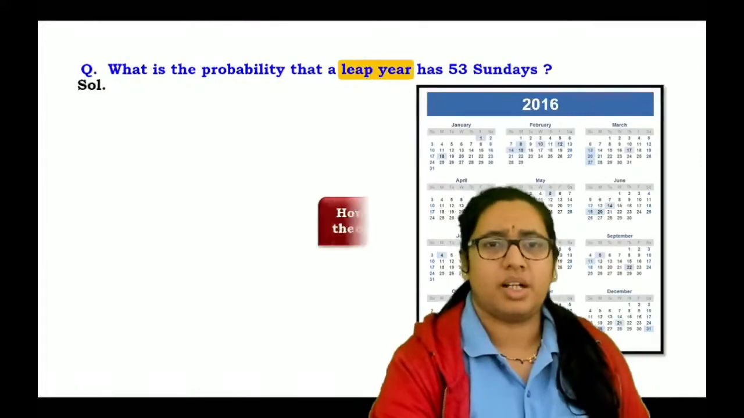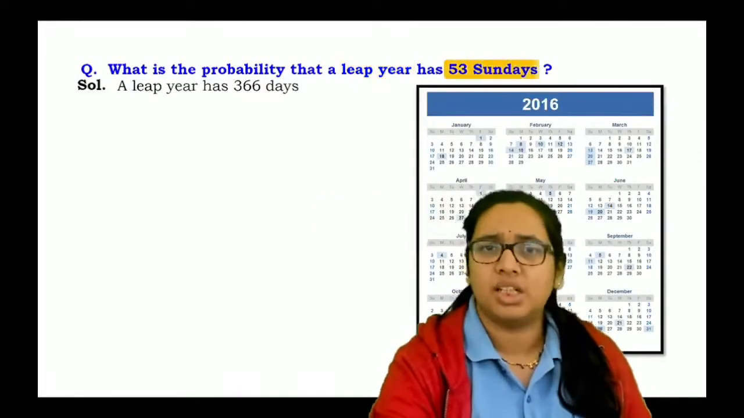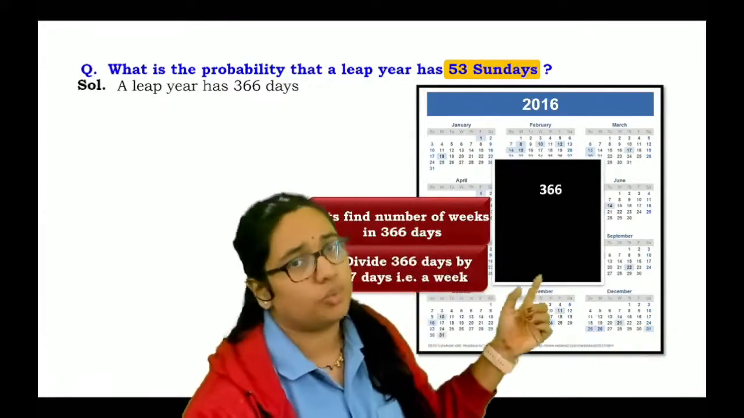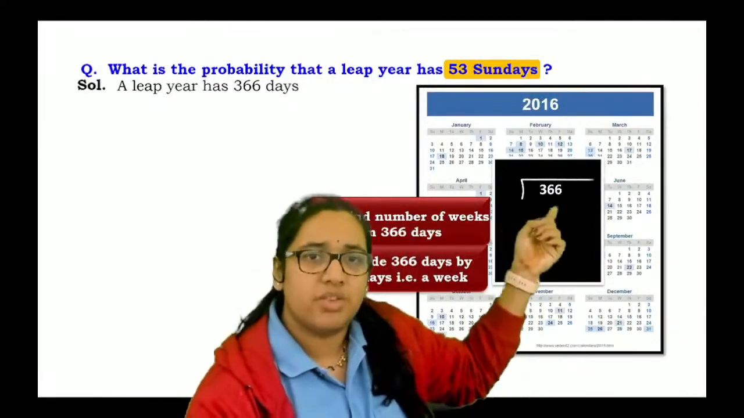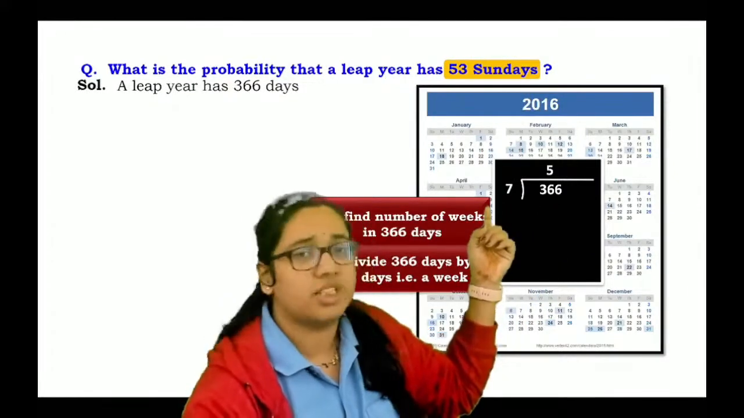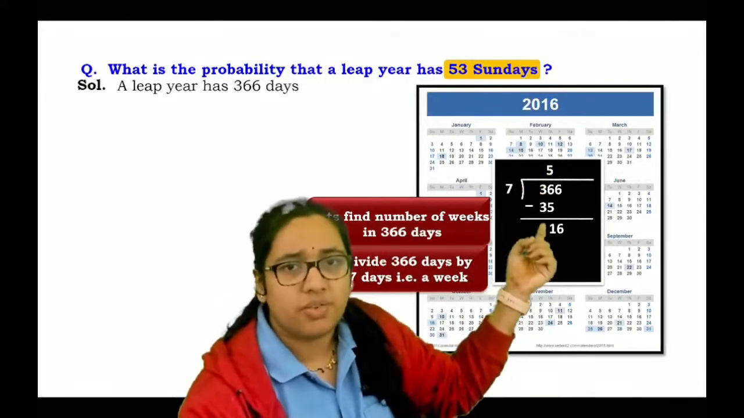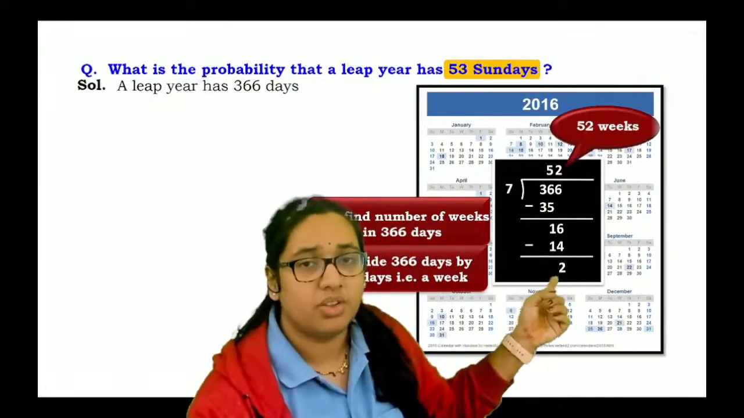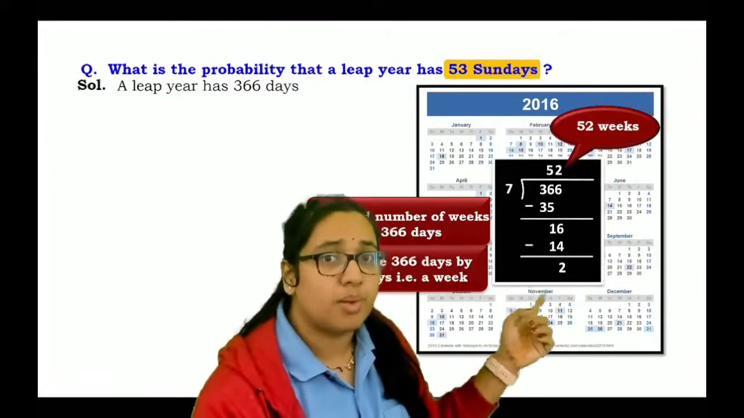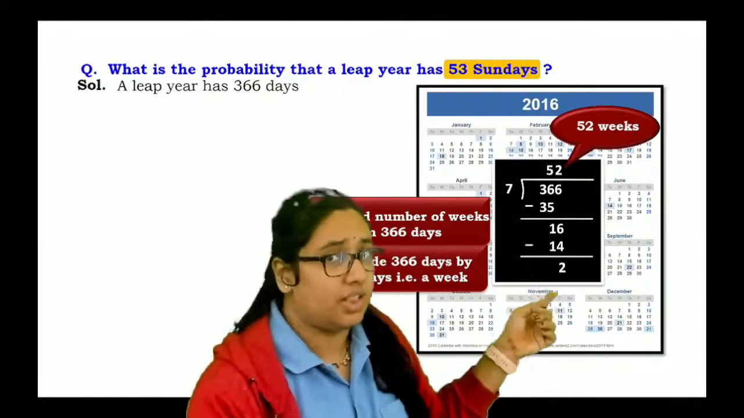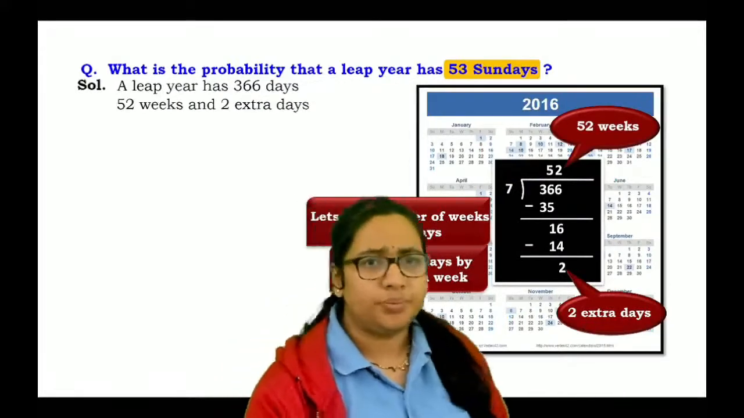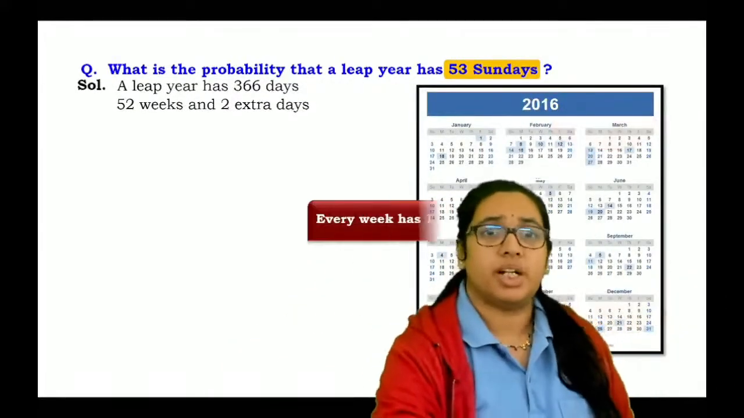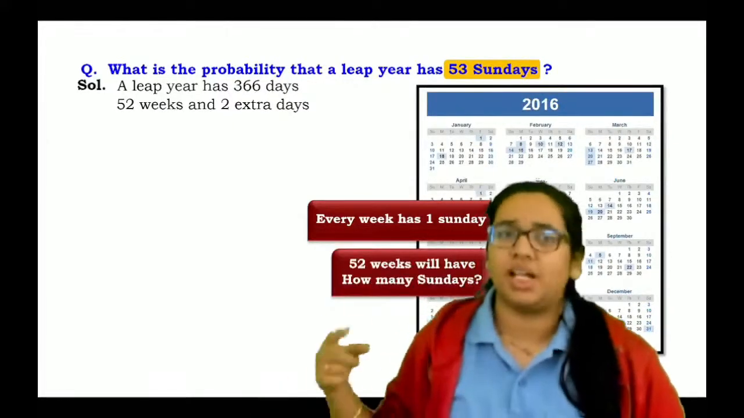We know that there are 366 days in a leap year. If you have to find how many total weeks there are and how many extra days, we'll just divide 366 by 7. So 7 5s are 35. Then 7 2s are 14 and the remainder will be 2 here. The answer you care about is this 2, not the 52. So in those 366 days there are 52 complete weeks and 2 extra days, so every week has one Sunday